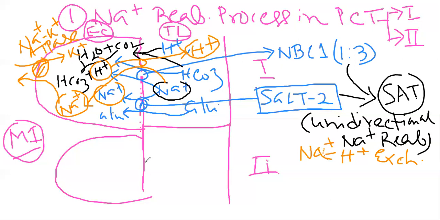So here it is the ratio of 3 is to 2. So it is the ratio where the sodium ion can come out from the cell